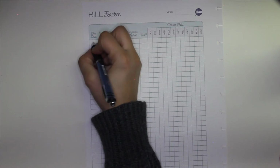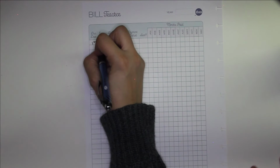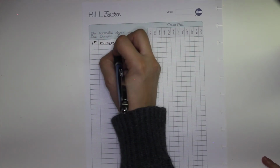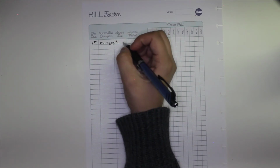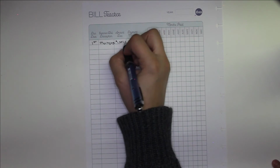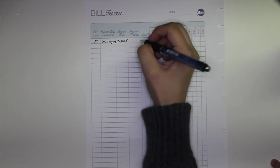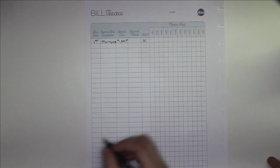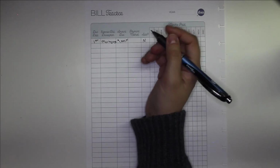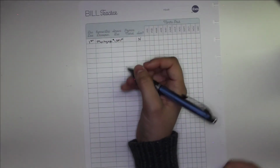So on the first, we pay the mortgage. And the mortgage is $1,332.81. And that is not auto deductible. We like to make sure it gets paid every month, so we force ourselves to pay it every month. But we usually pay it a few days early. Also on the first,